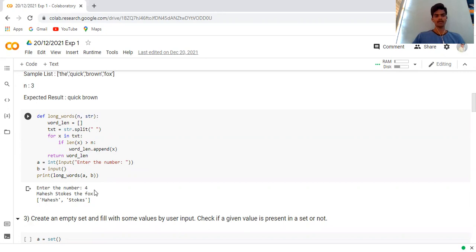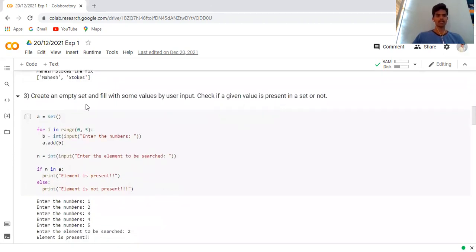When we run the program, we get the number as 4. Here we can see 4 words, and according to the question only words longer than 3 letters should be extracted. Here we can see that for 4 given. Here I am giving the word length as 5, so we can see the longer words extracted.